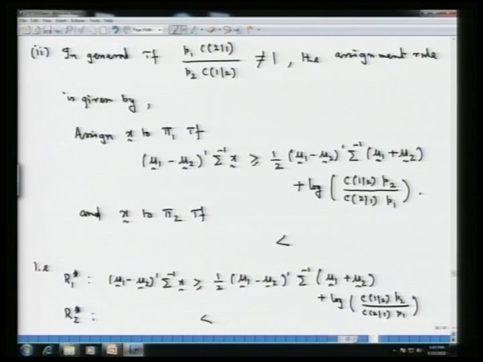Now, note that if we are looking at this region here, this involves quantities which are usually unknown in the population, that is mu 1, mu 2, sigma inverse. All these quantities are unknown in the population. So, what is done when we have got a learning sample, which consists, as we have discussed, of a set of pre-classified examples. So, based on the learning sample, the sample of pre-classified cases, say L, we get the estimate of this particular region, which is going to be given by,